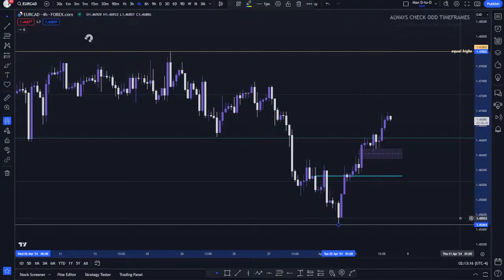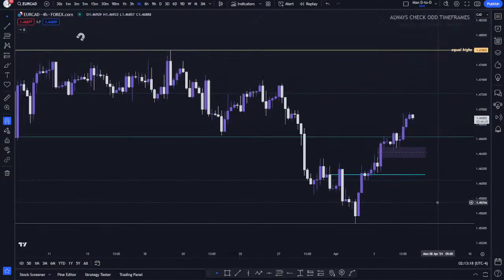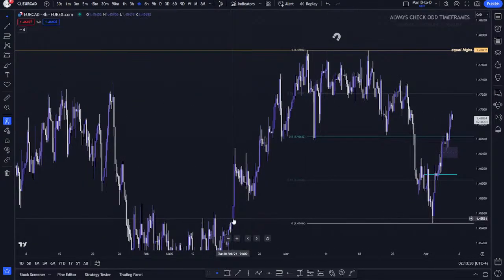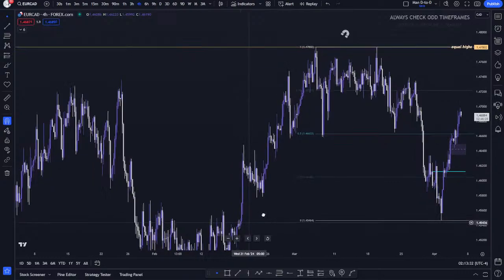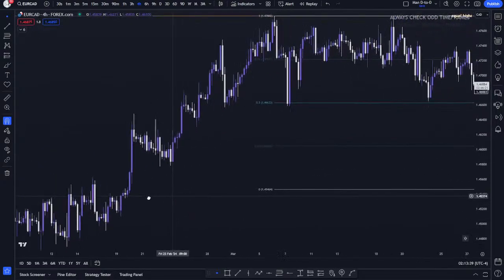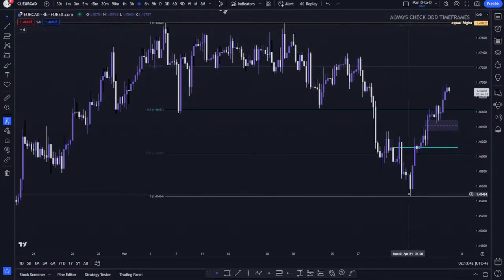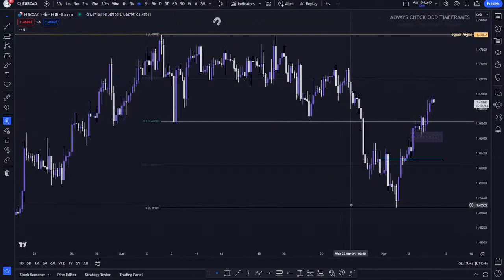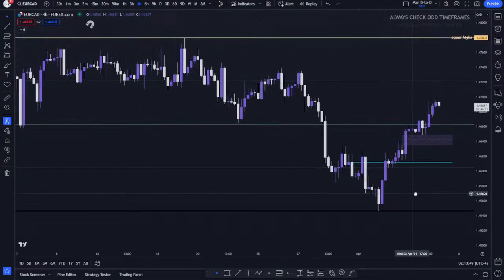So I split it into 4 parts, and the 25% is typically where you would get the, what does ICT call it? Because this entry here is the smart money reversal. Usually it's a reaction from a PDRA, and you can see right there's a tiny fair value gap on this 4-hour chart. There's a 4-hour fair value gap there. So that's where the smart money reversal is. That's where the turtle soup people jump in, and it's usually the hardest because you don't know where the stop loss is. The second hardest is the